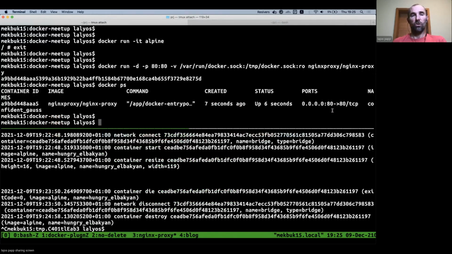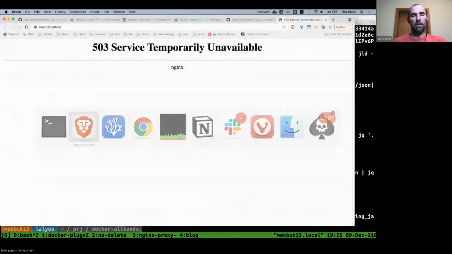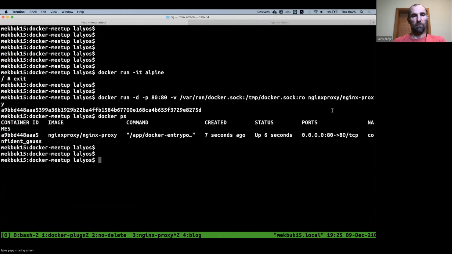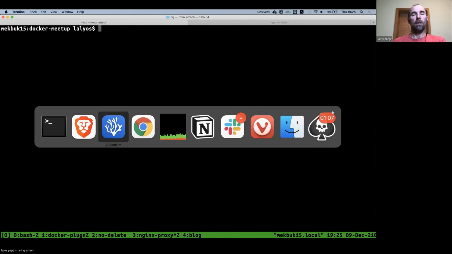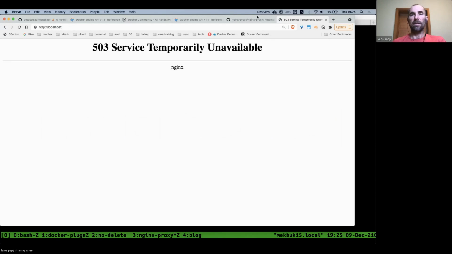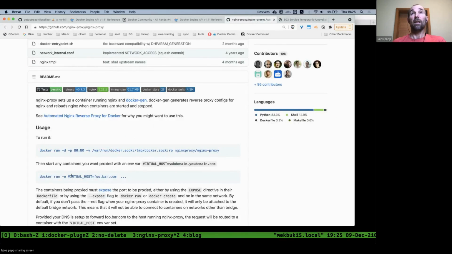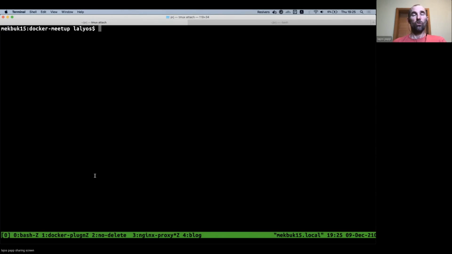Okay, so the documentation tells us that the only thing we have to do is start a container and give it a virtual host environment variable. First of all, I wanted to show you that there is a special domain name which always resolves to localhost, to 127.0.0.1. And actually, there is more than one such DNS, but one of my favorites is